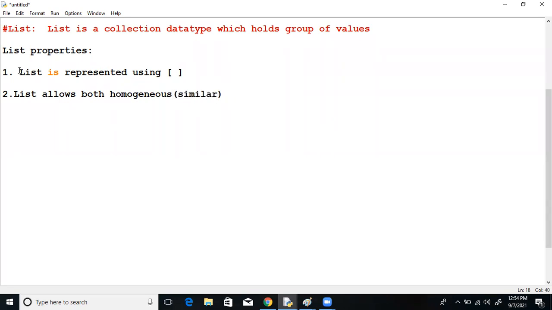List allows both homogeneous and heterogeneous. Heterogeneous means dissimilar or different. List allows both homogeneous and heterogeneous elements. In C language, if you observe, array is there, it allows only homogeneous. Heterogeneous is not allowed. Example of this: